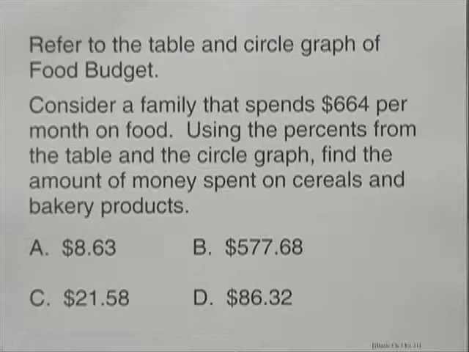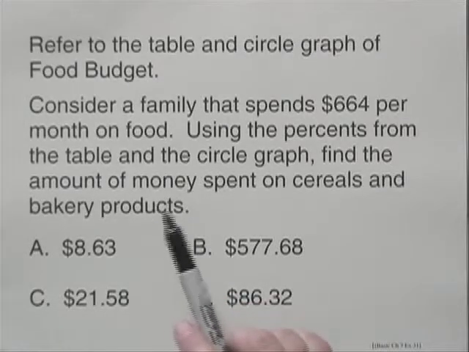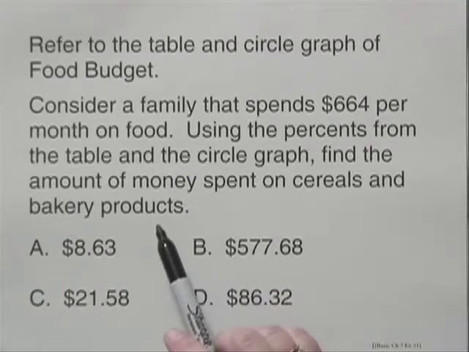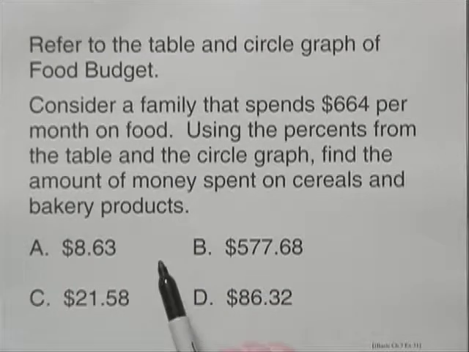Refer to the table and circle graph of the food budget. Consider a family that spends $664 per month on food. Using the percents from the table and the circle graph, find the amount of money spent on cereals and bakery products. We will look at the table, and we want to find, first of all, the percent that's spent on